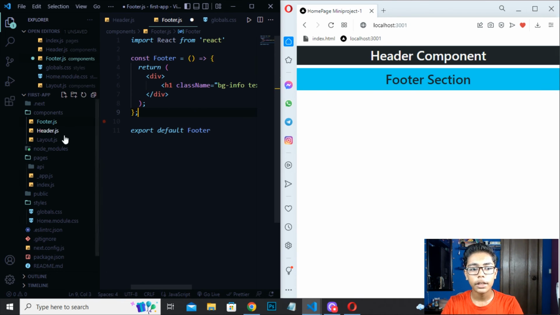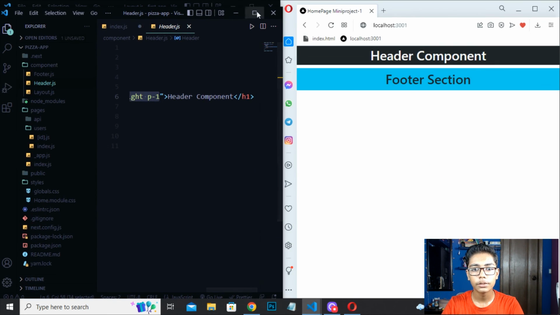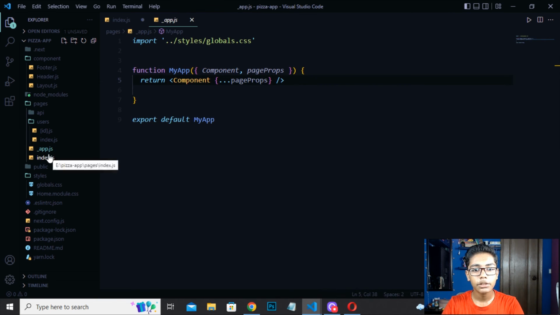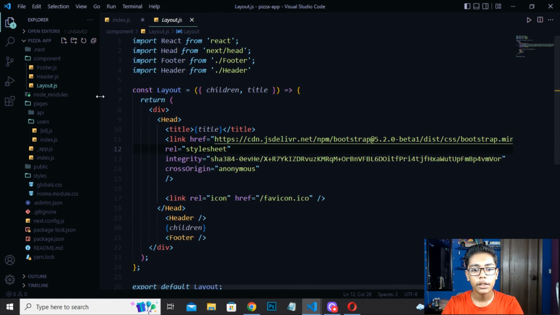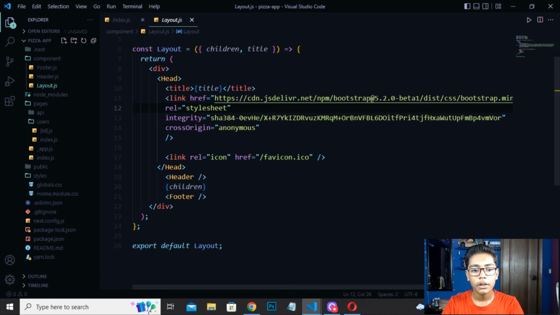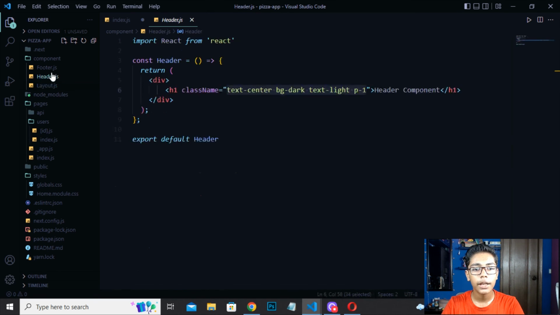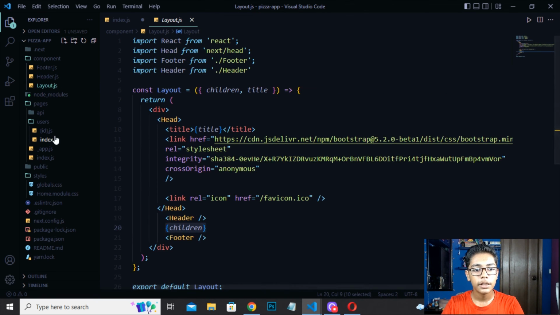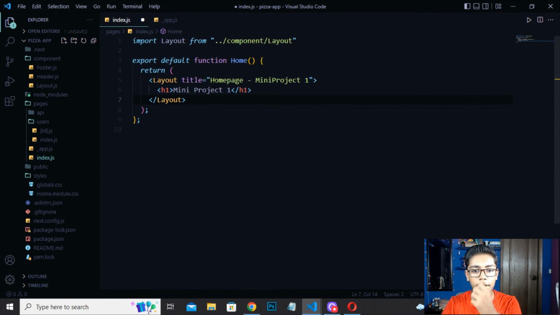So when you've done that, I'll be moving to layout, and now you can see we are getting the layout. If I move to this app.js, here we are just getting this, and if I move to this, I will be moving to the layout.js file. So here our layout.js file is, and now we have to define the children tag here also. So now I will be copying this thing, and you can see here we have also defined. And if I move to my index.js file, not this app, this one, index.js file, you can see we have defined the mini project written here.